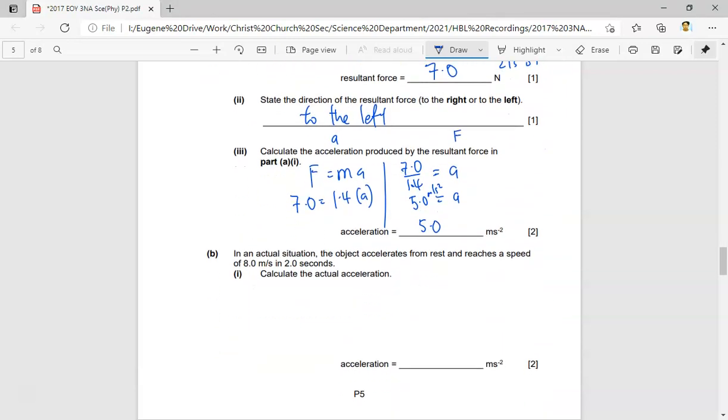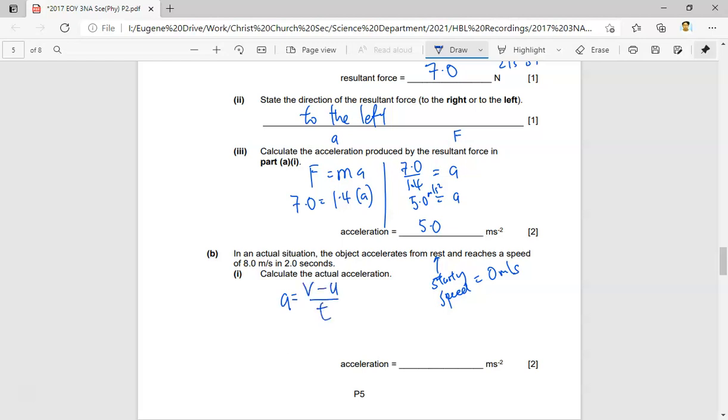Now, in part B, it says, in an actual situation, the object accelerates from rest. From rest means the starting speed is equal to 0 meters per second. It reaches a speed of 8 meters per second in 2 seconds. Calculate the actual acceleration. We know that to find acceleration, we need to take the final speed minus the